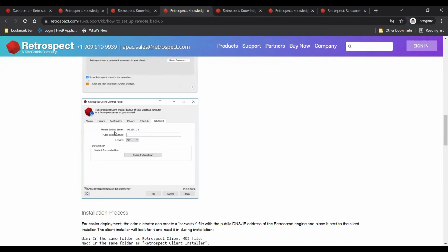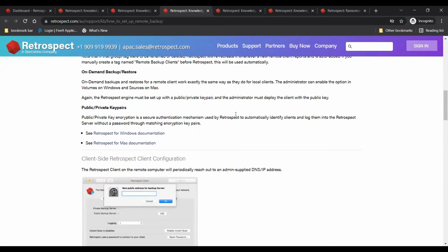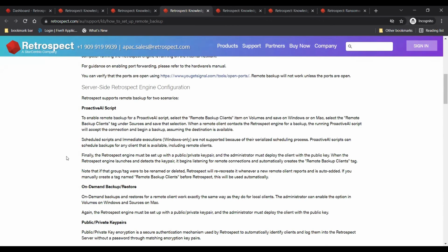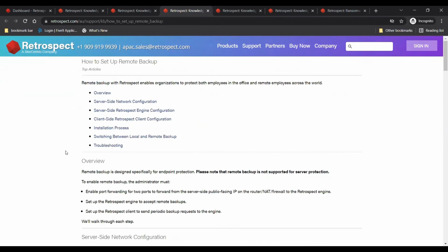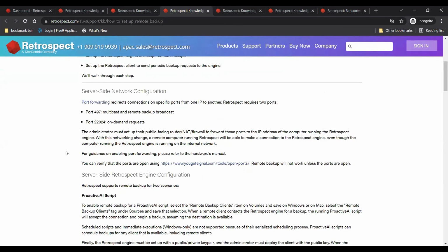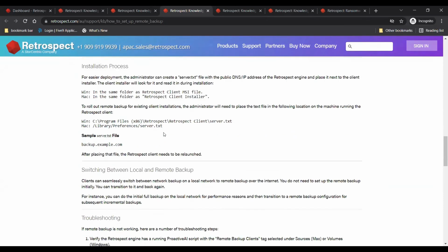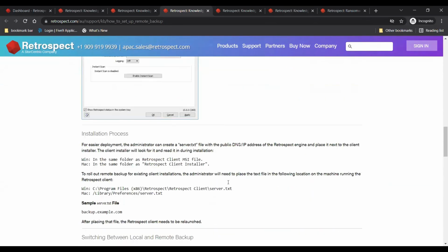So when the client boots up, it will first try to contact the local server. If it doesn't find it there, it will start sending a request to the public backup server. That request reaches your layer 3 device, which forwards it to the backup server, and the server will establish a connection on port 497 and hold on to that connection.